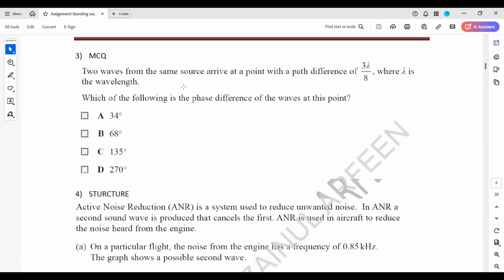Two waves from the same source arrive at a point with a path difference of 3 lambda by 8, where lambda is the wavelength. Which of the following is the phase difference? How can you work out this? You can compare it like